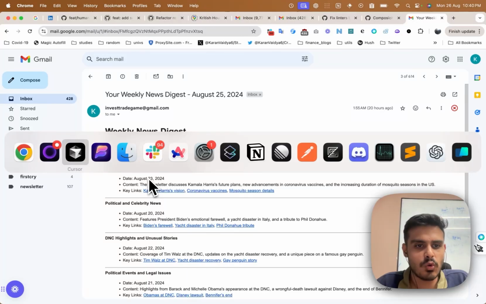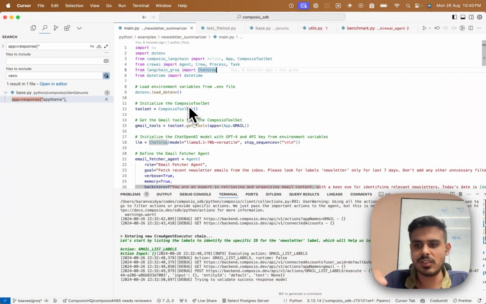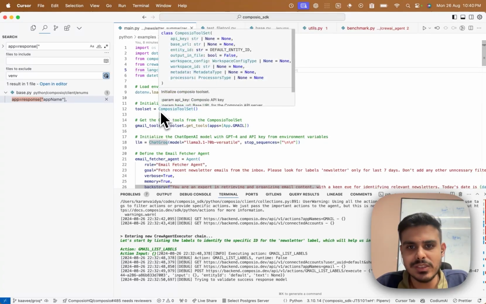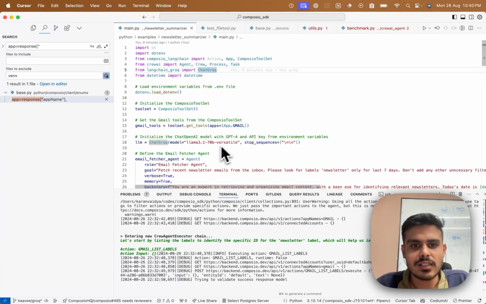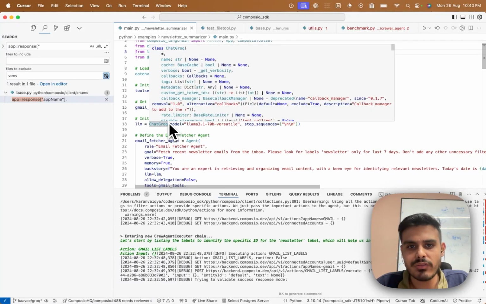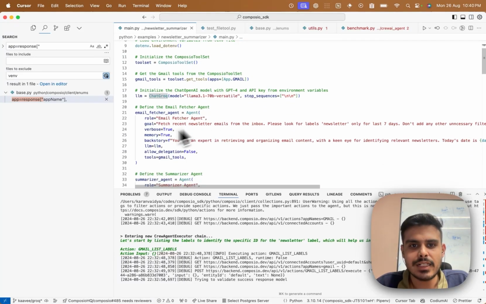I'll go over the code of the same. I used CrewAI, Composio, and Grok to build the same. As you can see, first part is import, then initializing the Composio tool set with Gmail tool, initializing Grok with Llama 3.1 70B. Then this is an email fetcher agent, which basically uses the label newsletter and fetches last 7 days mail. I specify the date because the LLM is not trained recently, so I have to specify the date